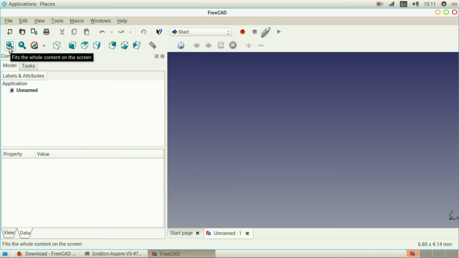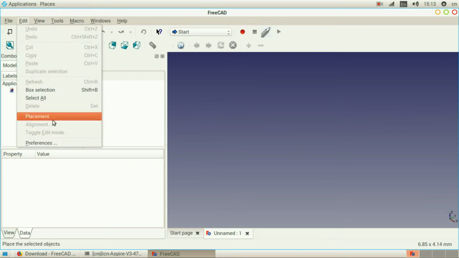Here we have fit the whole content of the screen. So if you have a fairly large part or even a fairly large house, you can go ahead and do that. This is generally changing just the perspective and where you're at on it. You can actually see the XYZ coordinate system right here. I think they need to make it a little bit bigger, but it's alright. And you can kind of see that moving and rotating around as I do this. Okay, so